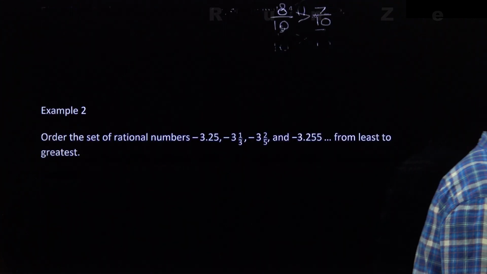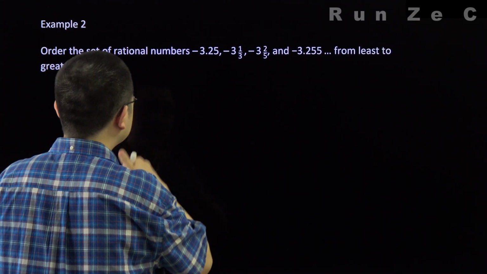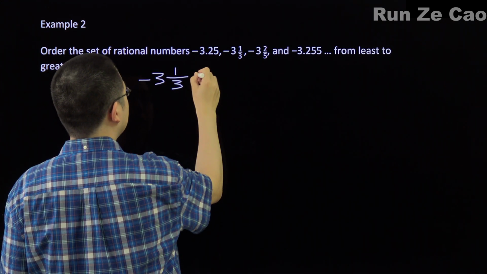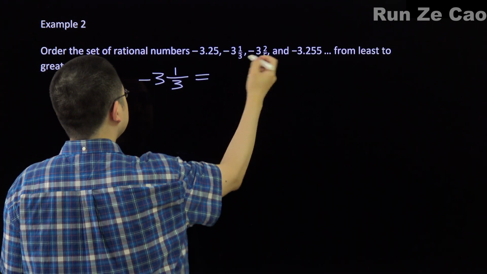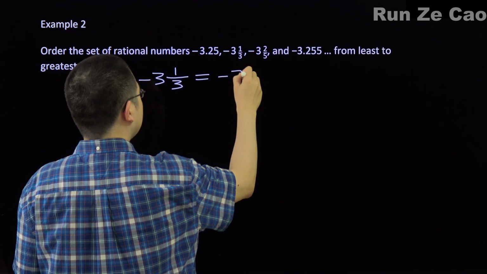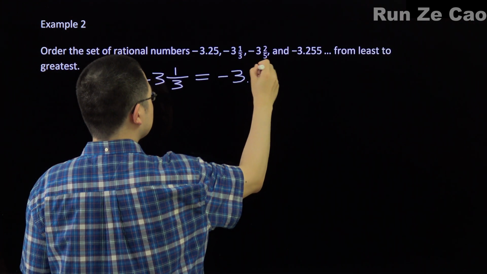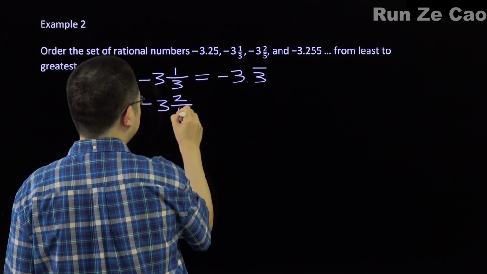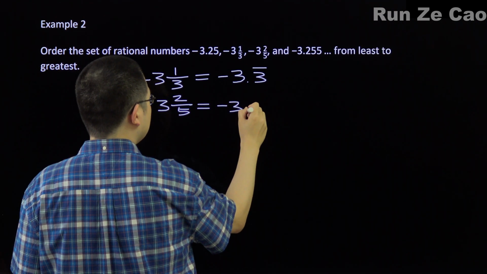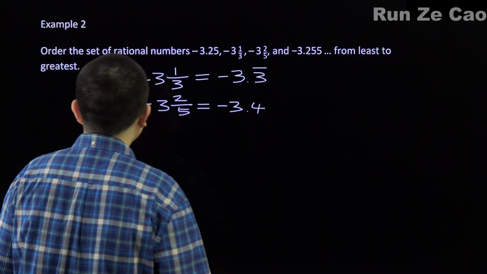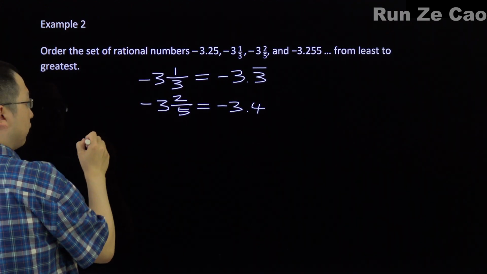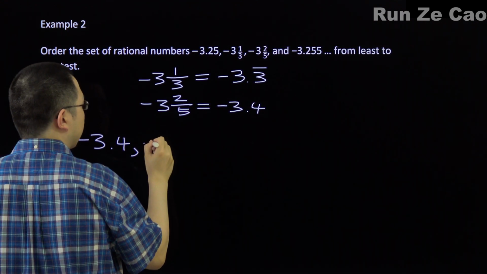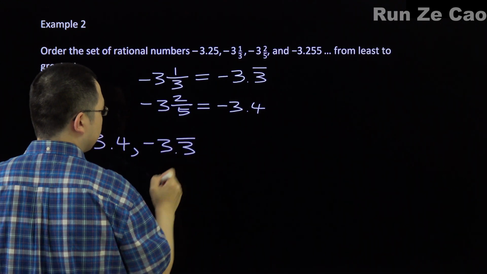Order these rational numbers from least to greatest. Well, -3 1/3 is equal to -3.3 repeating, and -3 2/5 is equal to -3.4. Okay, from least to greatest, you have to go from -3.4 up to -3.3 repeating,